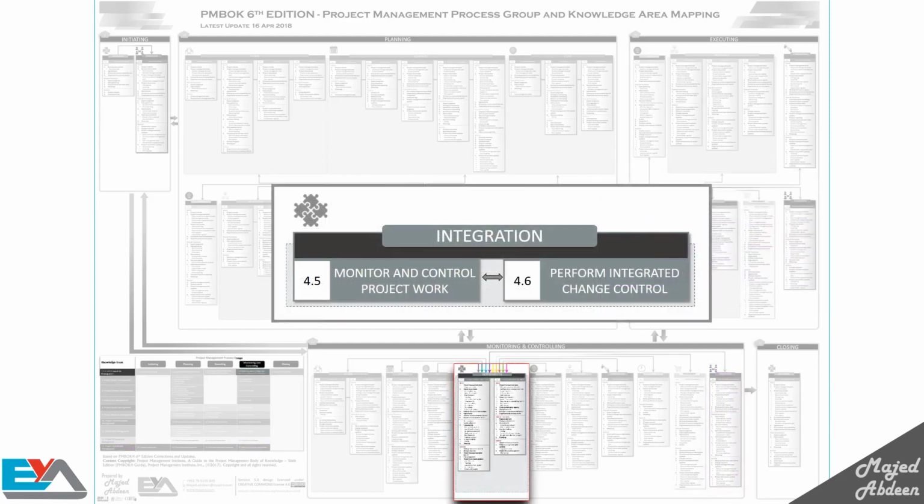Now, we need to integrate all the processes just as we did before. While you're working, you have to make sure that the project runs smoothly. Lastly, in the monitoring and controlling process group, within the integration knowledge area, we have two processes. First, monitor and control project work.